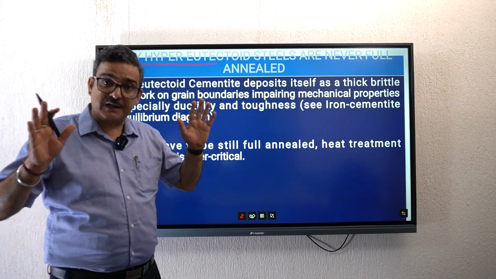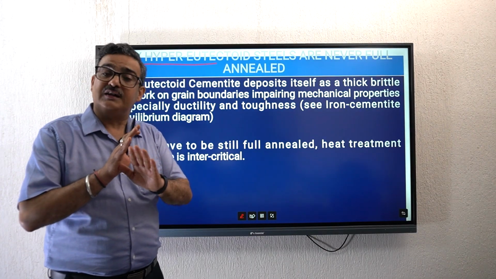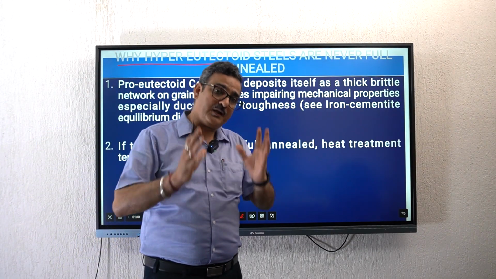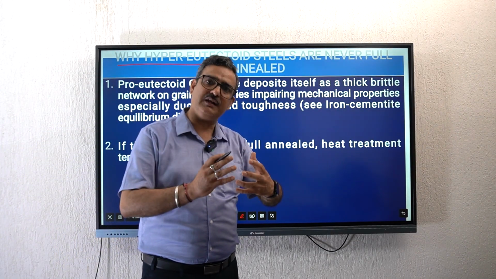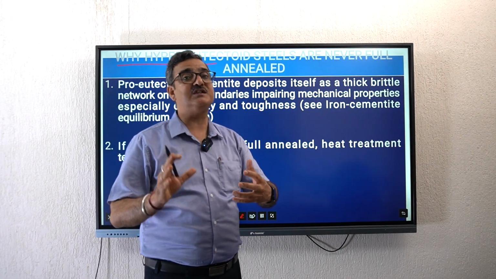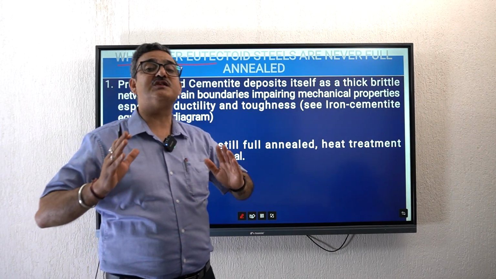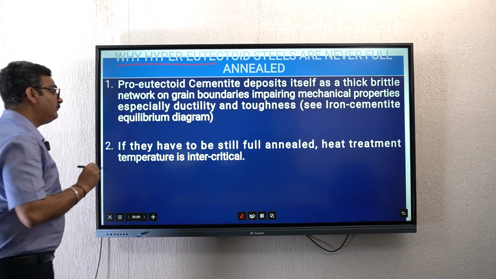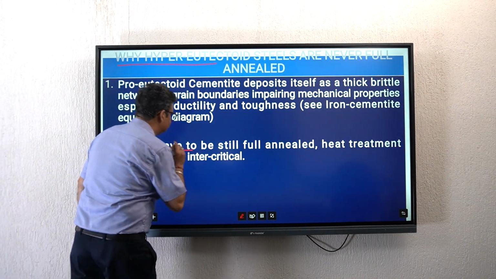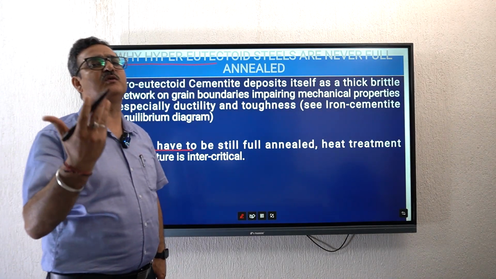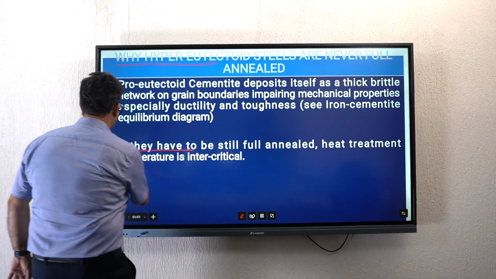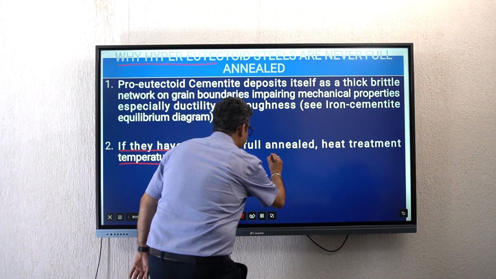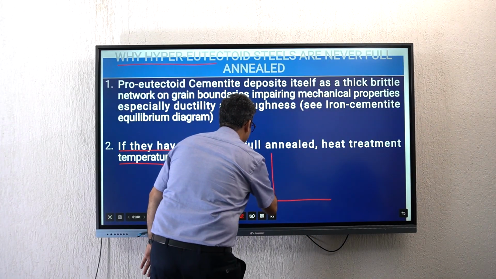So ideally, practically also, you should not give full annealing treatment to hypereutectoid steels, because the room temperature microstructure will consist of perlite, जो austenite की decomposition से बनेगा, लेकिन साथ में pro-eutectoid cementite grain boundaries पर बैठा होगा जो सारी mechanical properties को impair कर देगा. So it should not be given. But if they are to be given, if somebody asks you कि नहीं अगर करना हो तो कैसे करें, so you will generally फुल अनीलिंग नहीं रहेगी, फिर वो बन जाएगी इंटरक्रिटिकल अनीलिंग,